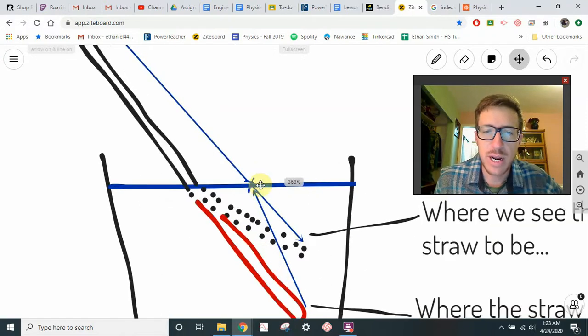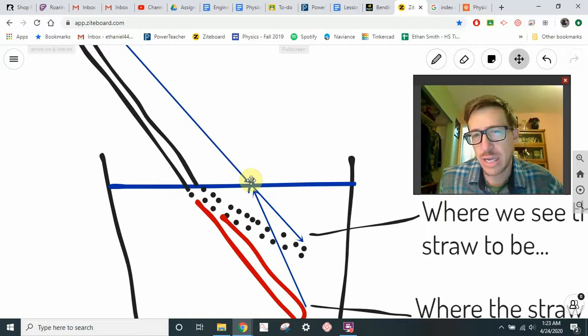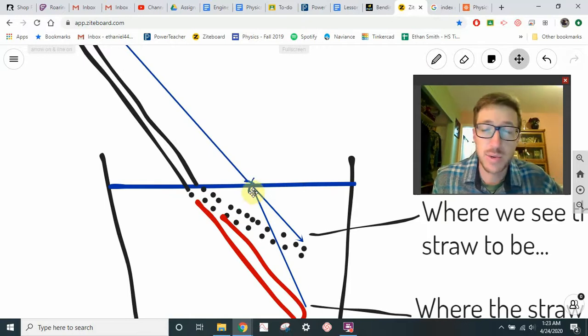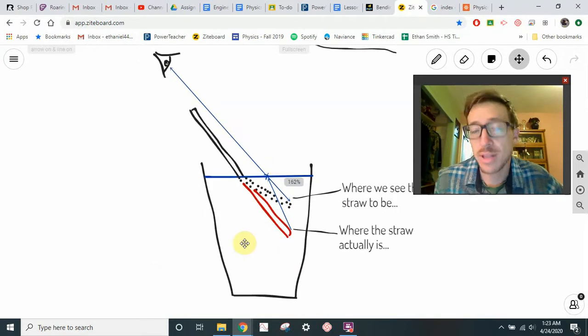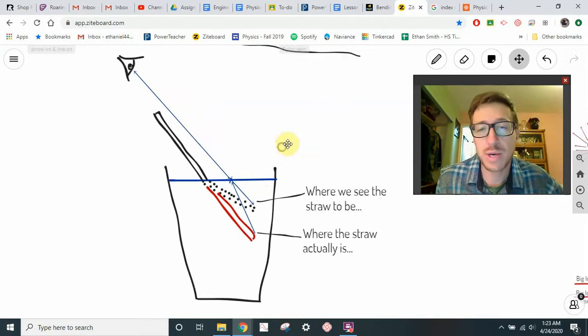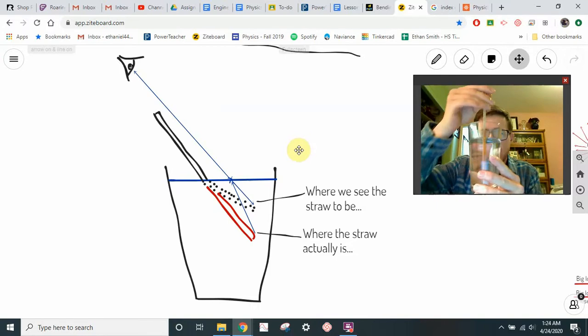So what's actually going on at this point where the light is bending? Well, what we have here is what we'd call refraction, which is simply the bending of light when it goes from one medium to another. At an angle, light can bend. You may have noticed if you held your straw just straight up and down,